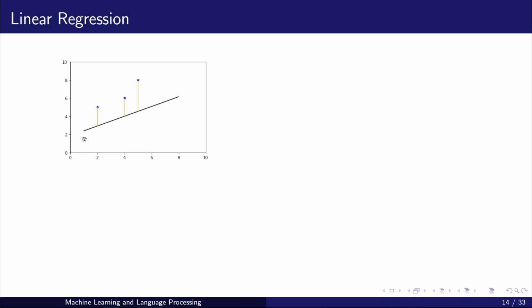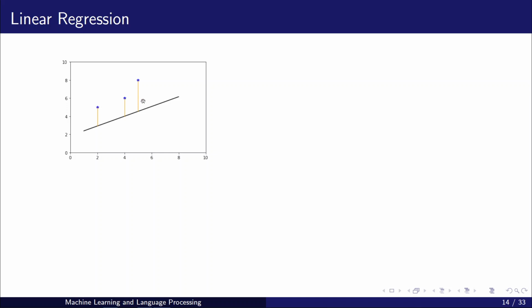What we'll do is draw a random line, and we'll start off with that random line and calculate the error associated with it. The distance between this line and the actual point: this is my prediction and this is my actual point. This is my prediction and this is my actual data point. So the error is this value plus this value plus this. Let's say the error is 20 plus 15 plus 30. So this is the error.